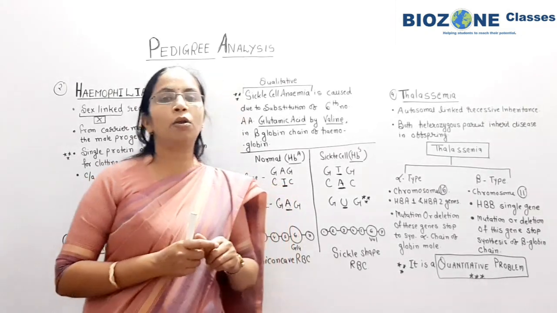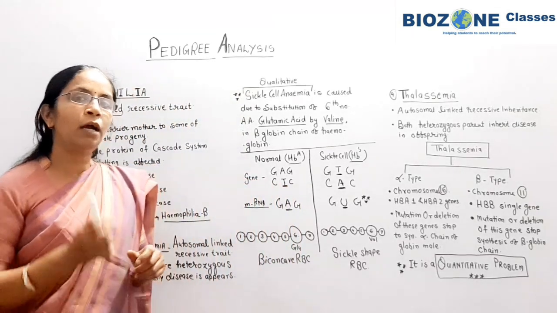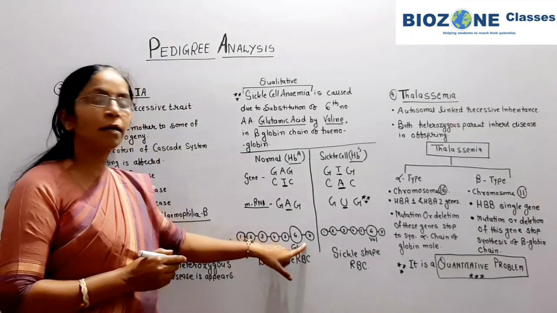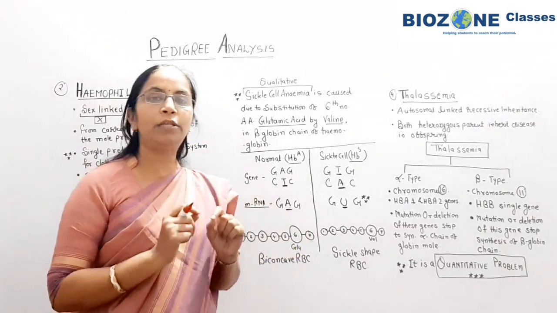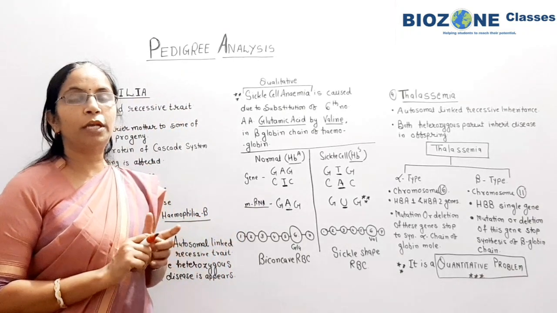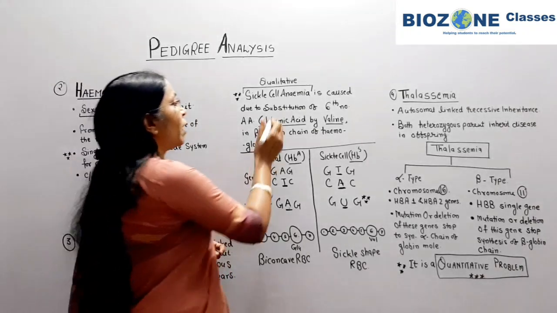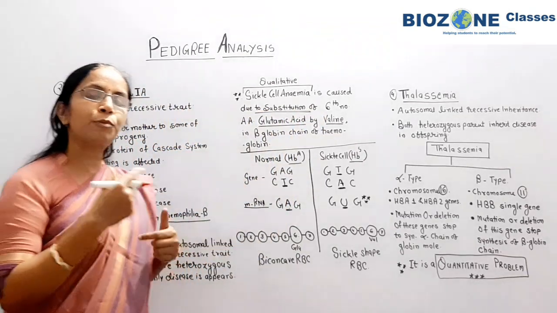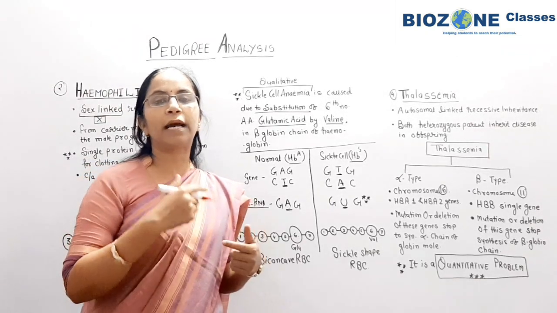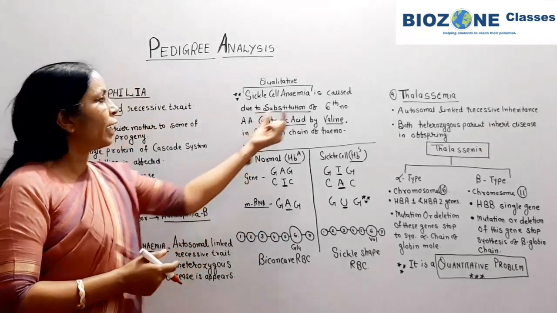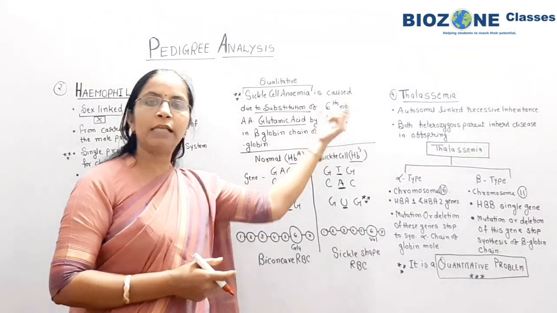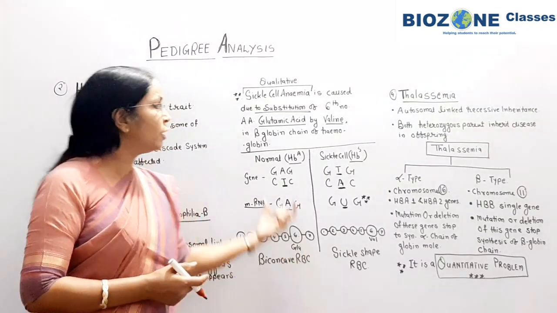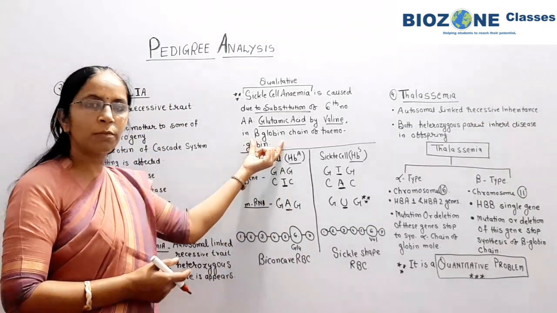So when beta globin chain undergoes mutation, and beta globin chain में mutation कहाँ पे cause होगा ये याद रखिए. The 6th number amino acid of the beta globin chain undergoes mutation or substitution. So this part you remember, mutation किसके through cause हो रहा है? It is caused because of the base substitution, means one base is replaced by another nitrogenous base at the 6th number in DNA as well as in RNA. Then the effect appears in the 6th number amino acid, which is responsible for the disease.